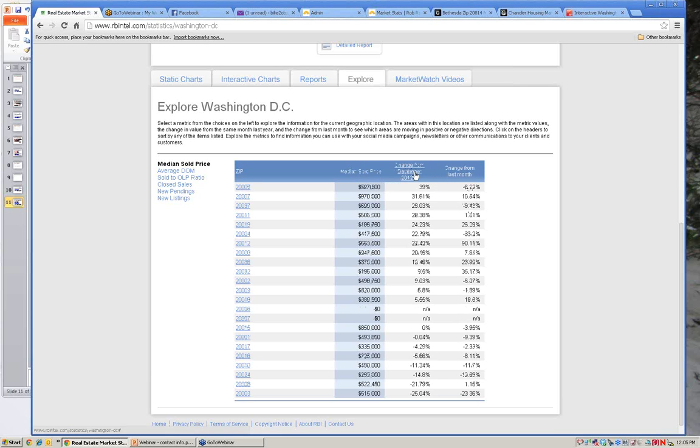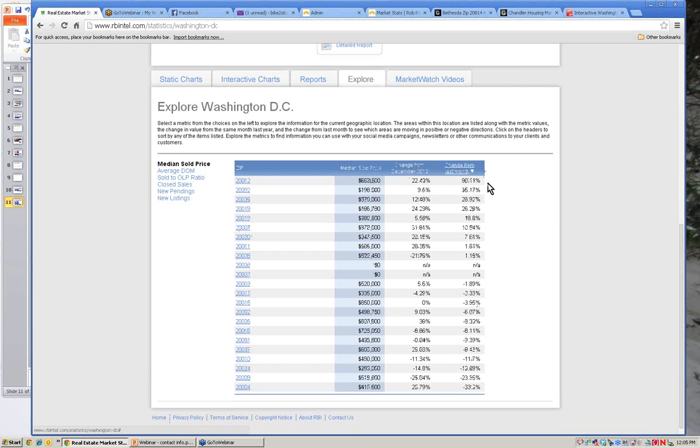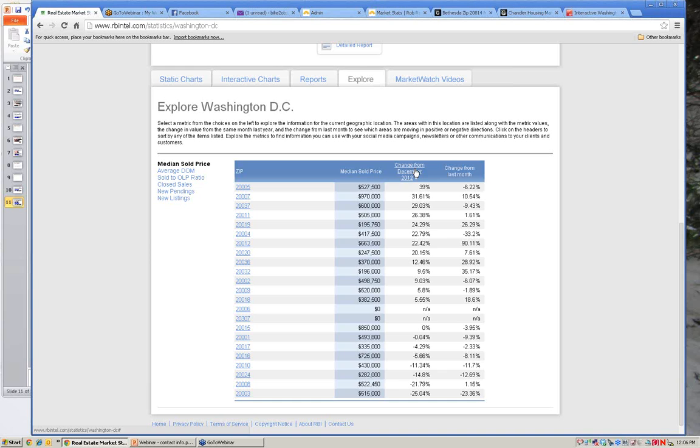You can also choose the change from last year as well as the change from last month. The last year, December versus December, and then November versus December. So seasonal change year over year and month over month change to be able to show you the difference. You might want to look for who's the bigger mover and shaker in that aspect. You've got a couple of people here who are well over 20%, so maybe highlight in a blog or a social media article that you have, and you want to highlight maybe these 5 or 6 different zip codes to